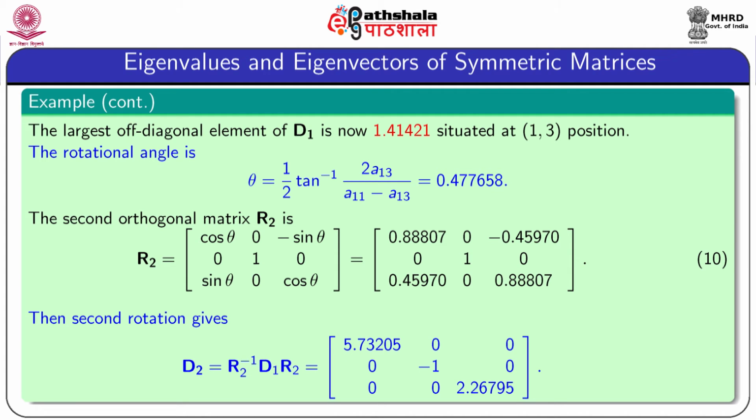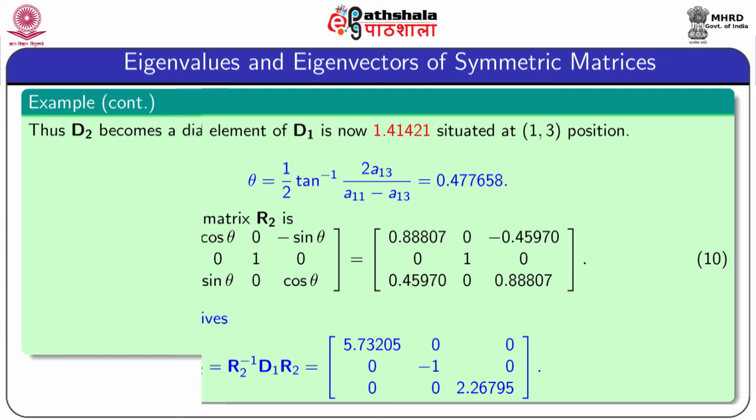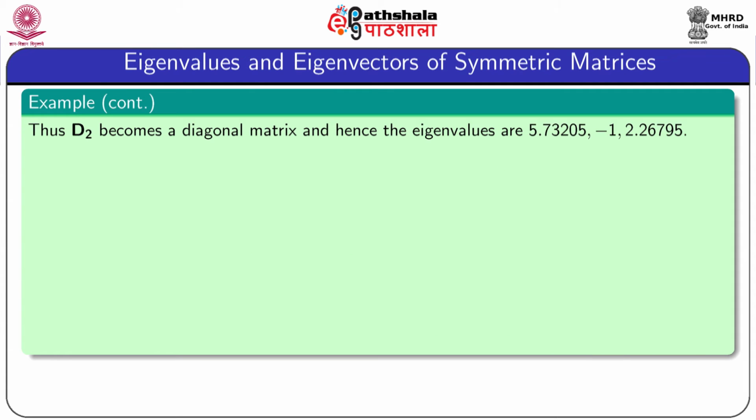Then the second rotation gives the matrix D2 equal to R2 inverse D1 R2, which is a diagonal matrix. Note that in this case D2 becomes a diagonal matrix, so no further rotation or transformation is required. The diagonal elements of D2 are the eigenvalues of the given matrix A. So, here we conclude that D2 becomes a diagonal matrix, and hence the eigenvalues of the matrix A are